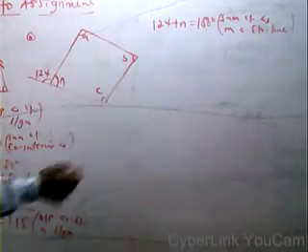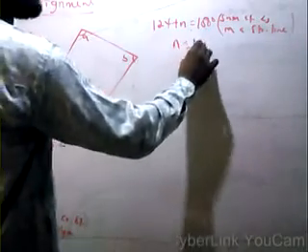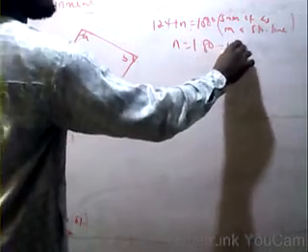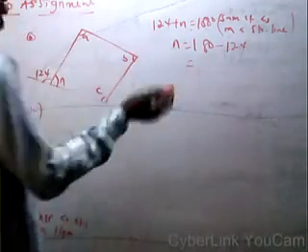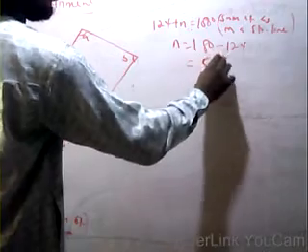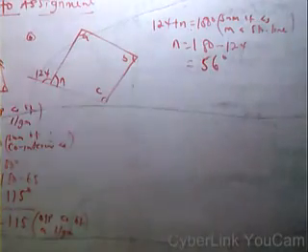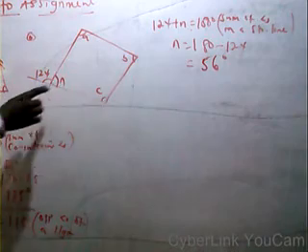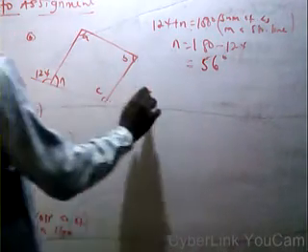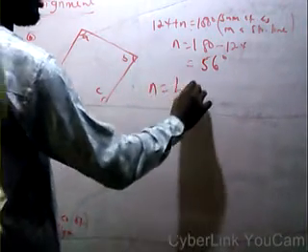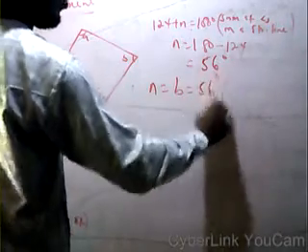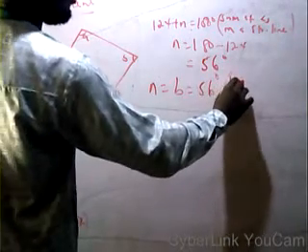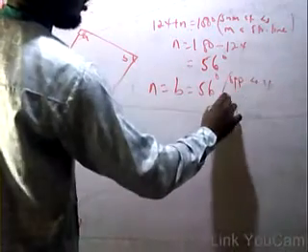So if that is the case, then what is n? n becomes 180 minus 124. So what is 180 minus 124? That is 56 degrees. So n is now 56 degrees. If n is 56 degrees, what is b? Very simple. We can say n is b, and that is 56 degrees. Why? That is opposite angles of a